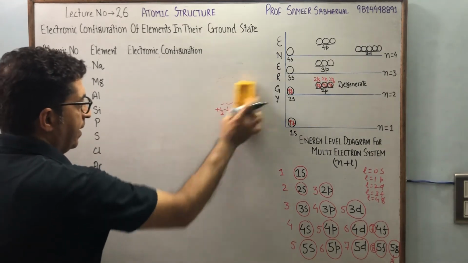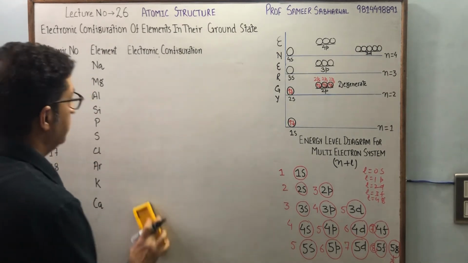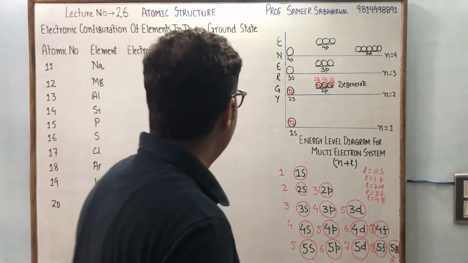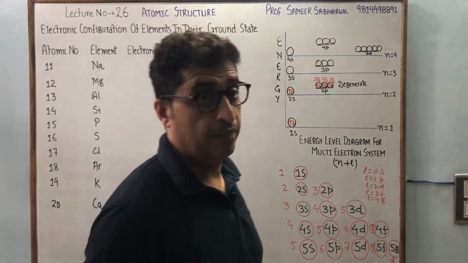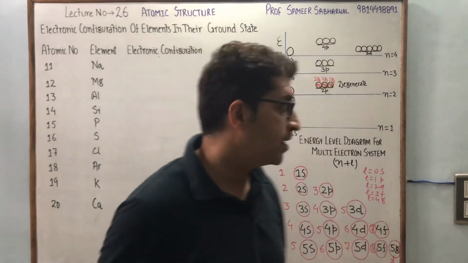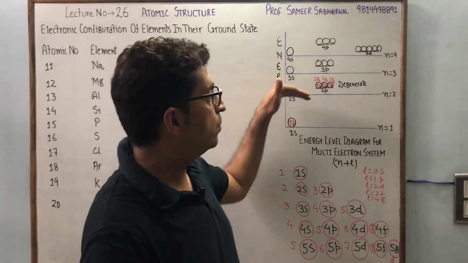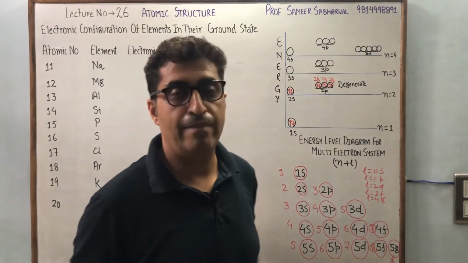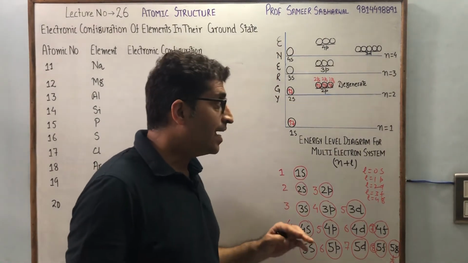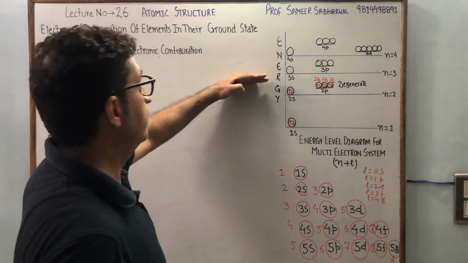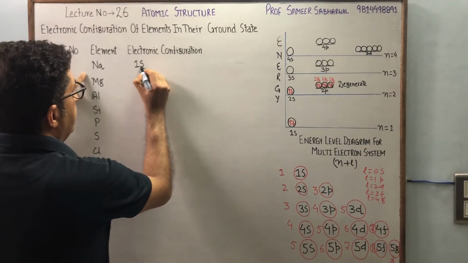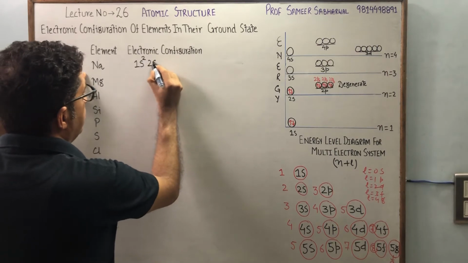Now you can analyze that we have filled the second shell, because second shell has a capacity of 8 electrons and we have 4 orbitals, you can count. So this shell can accommodate maximum 8 electrons. Now I will move to the third shell for sodium. How will you write it? 1s2 is filled, 2s2 2p6 is filled,